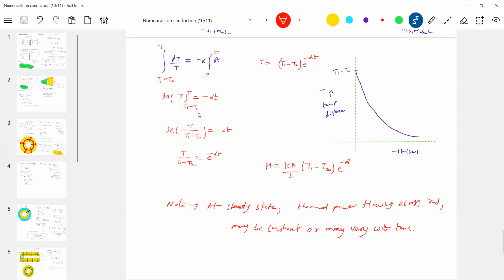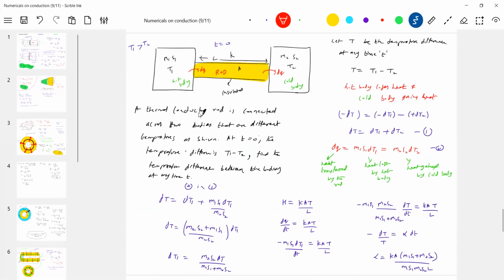Sir, could you scroll up once? Sir, in equation 2, dq is equal to minus m1 s1 dt1. Here I should write the magnitude in the equation. How much heat will flow through the rod means all the heat lost by this body is the heat that flowed through the rod. Heat flowing through the rod is not negative, no? Okay, sir, understood. That's why I wrote this separately. This is very important. Here, if you write minus, all things will get disturbed.